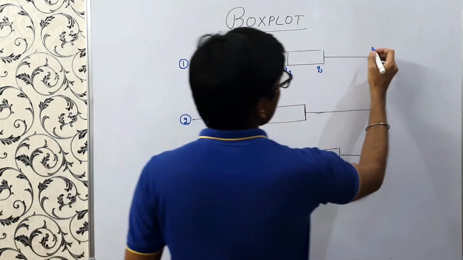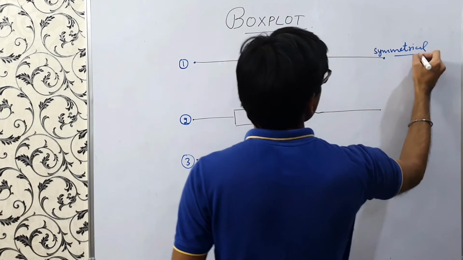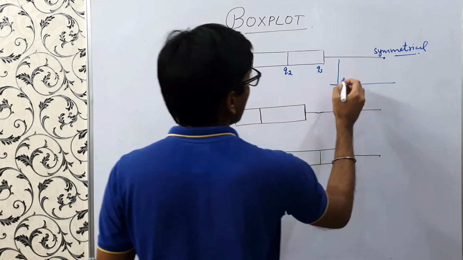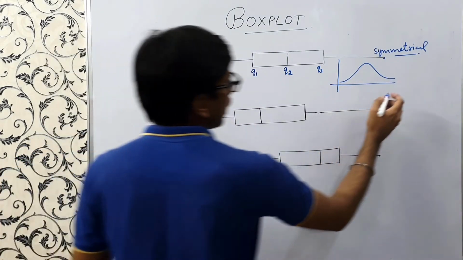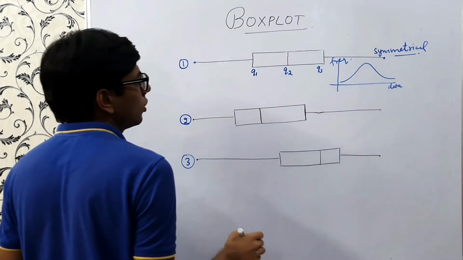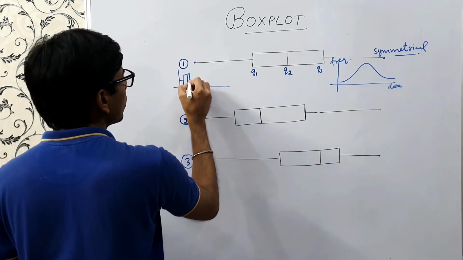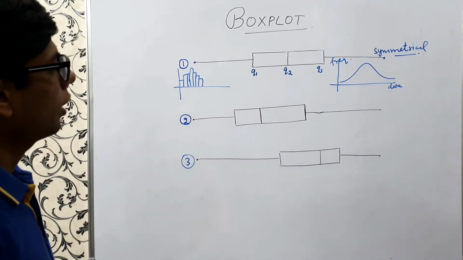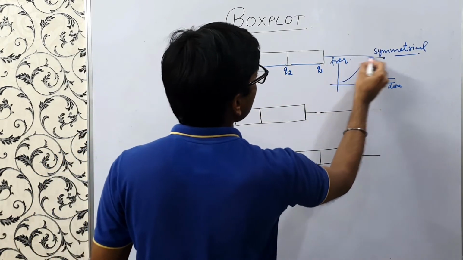So if I see, this seems to be symmetrical in nature, right? So this distribution of the data seems to be symmetrical. So somewhat if I draw a curve or a histogram to represent this, this would be something like this. This is our data, this is our frequency, right? Or suppose if I want to draw a histogram, it would be something like this, a symmetric one, right? So this seems to be symmetrical because each of this 25% of the data is